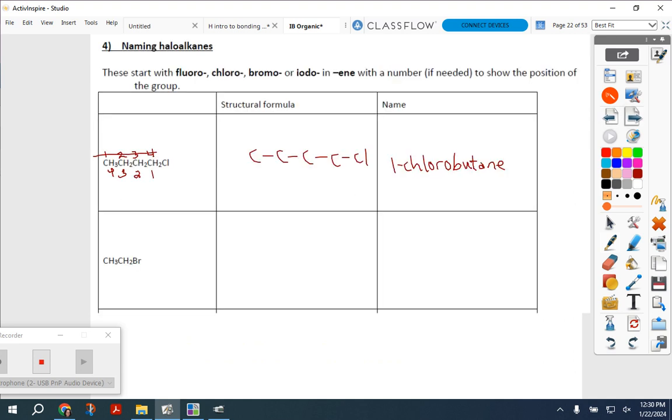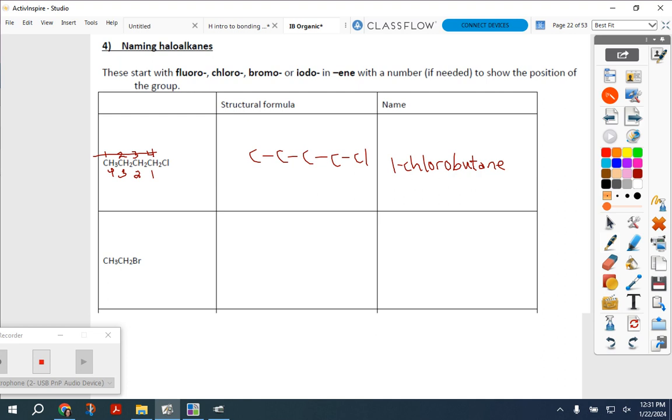We did this first one where we found our carbon chain, and I was lazy and didn't write the hydrogens here. We had a 4-carbon chain with a chlorine on one end, and we talked about how we would always number it so that the halogen is the lowest number, just like everything else. So this would be 1-chlorobutane,